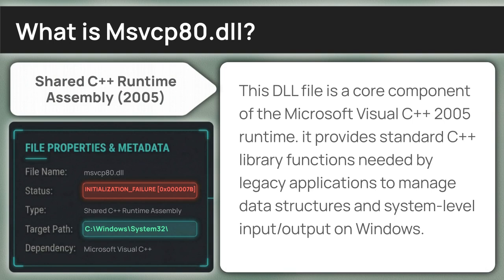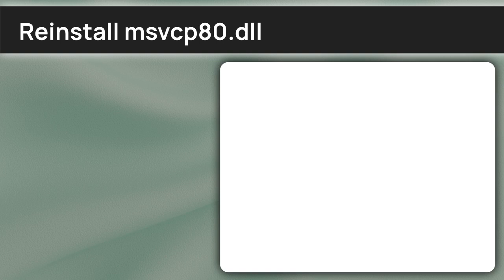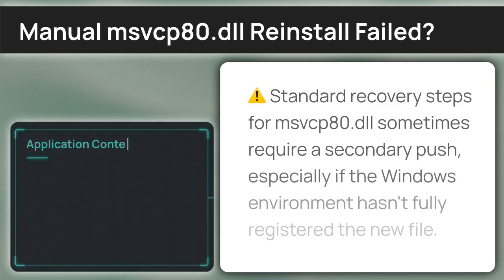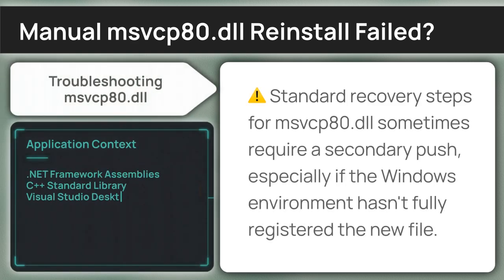With that background out of the way, here is how we actually restore the missing component. The verified solution for this error is a clean reinstall of Microsoft Visual C++. Visit Microsoft to download the x86 and x64 versions of the Visual C++ redistributables and run the installers to replace the file. If the installer was unable to bridge the gap, we will move to phase 2 of our diagnostic